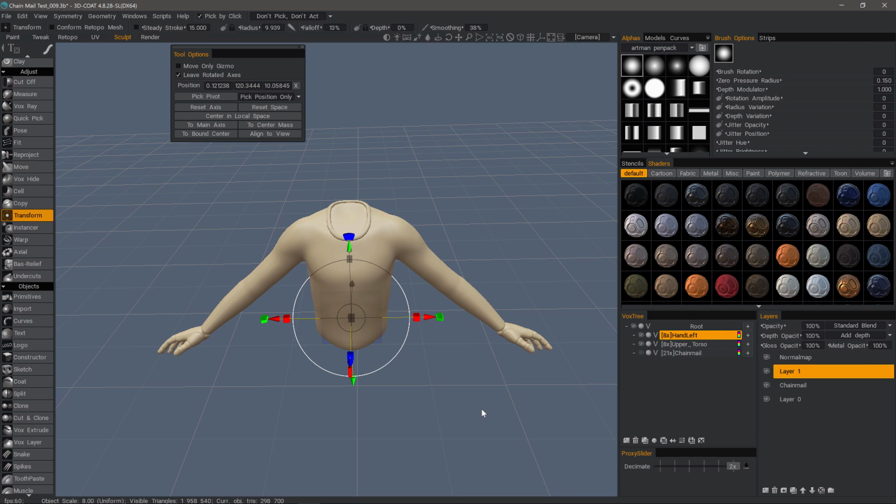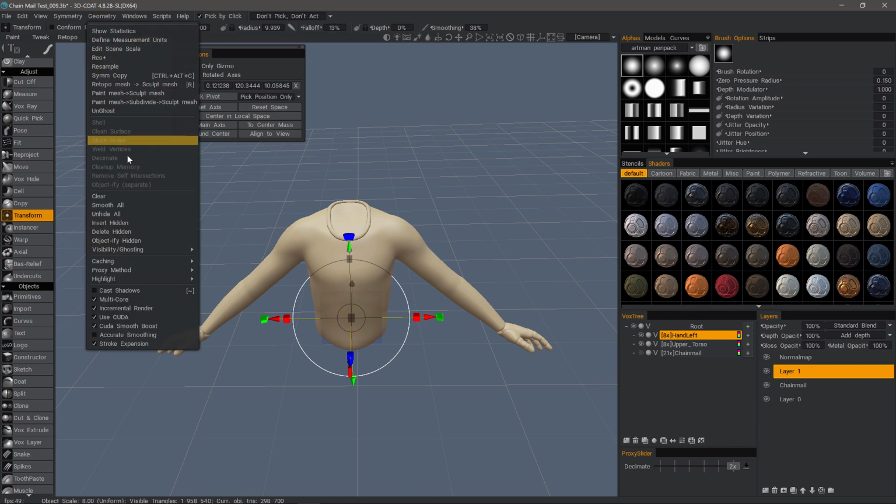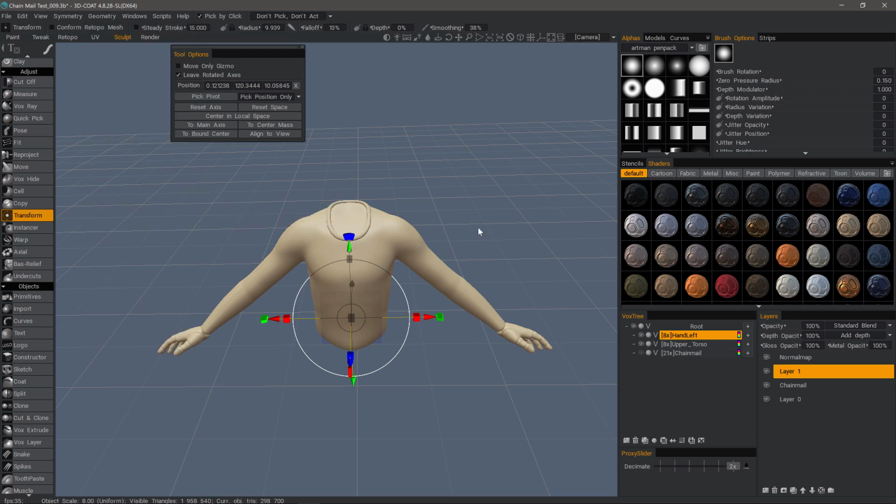If you wanted to separate them onto their own individual layers, then what you would do is click the V icon if it's in voxel mode, because it does not have what's called an objectify option like you have in surface mode. So again, I would click that and it would put this layer into surface mode where it's only geometry. Then in a geometry section, you would choose objectify. It will separate them onto their own individual layers, and at that point, if you want to use the transform